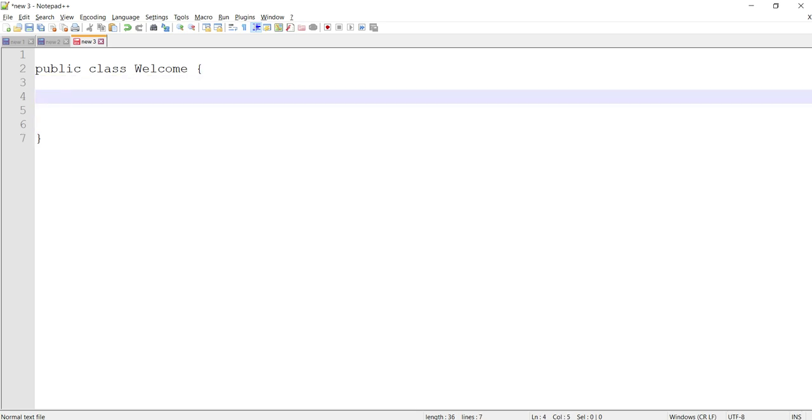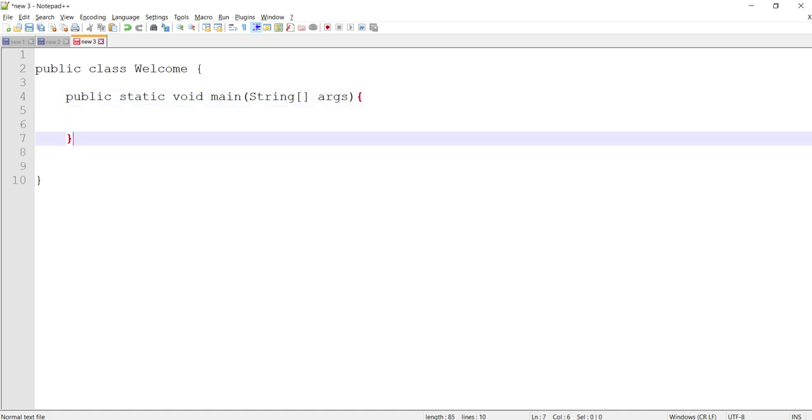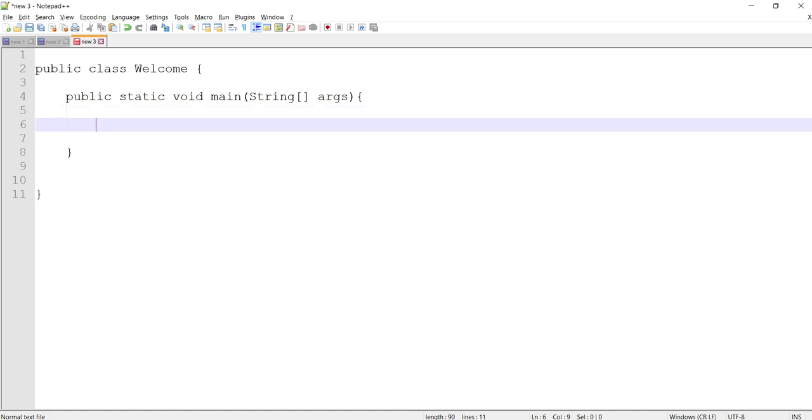Inside this, I'm writing a method. It's the main method. The syntax is public static void main, String array, String args, and this is my method body. Inside my main method, I am just printing System.out.println.